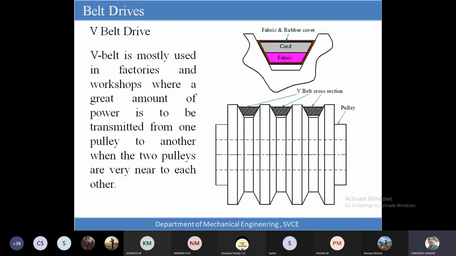And when you are going to use these V belt drives, please understand, the flat belt drives, you have seen in the flour mill. In the flour mill, we will be using the flat belt drives. With the V belt drives, one important thing is that whenever the initial maximum torque is there,